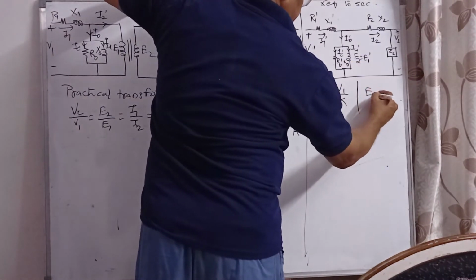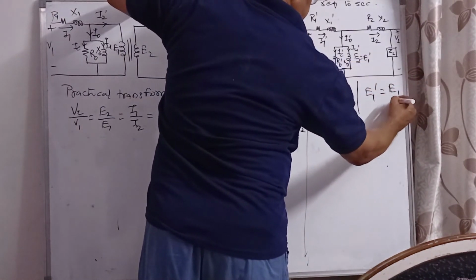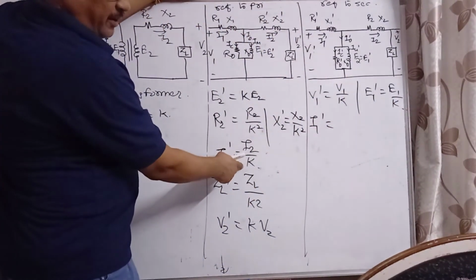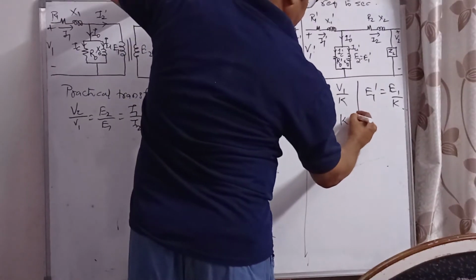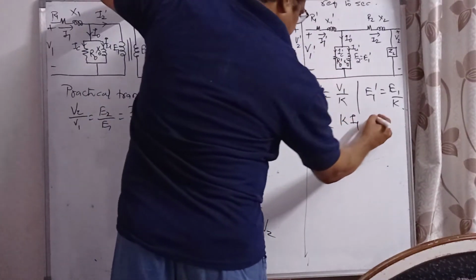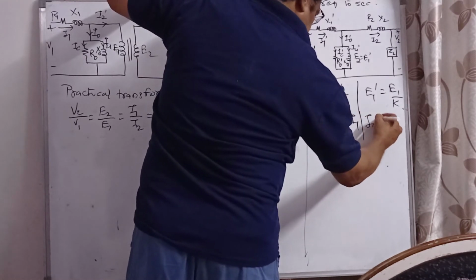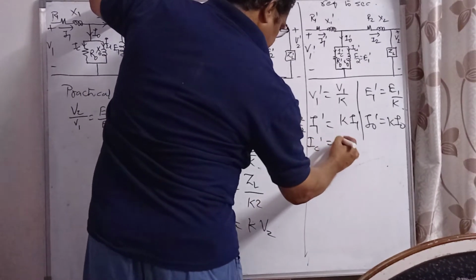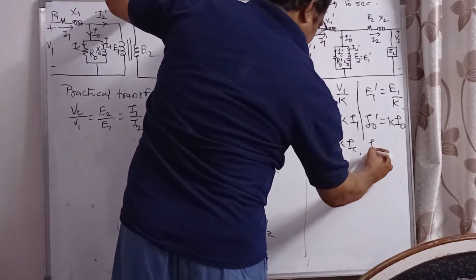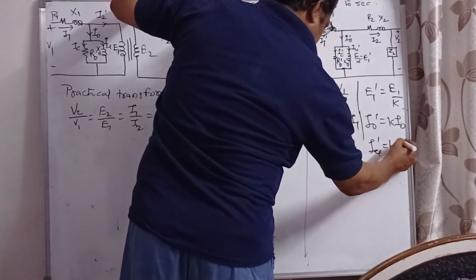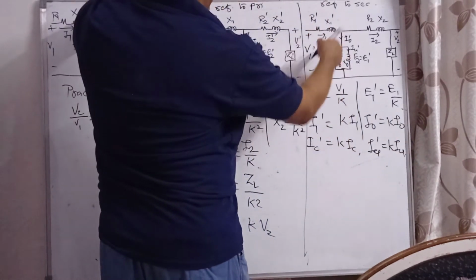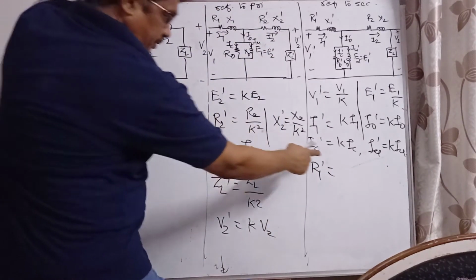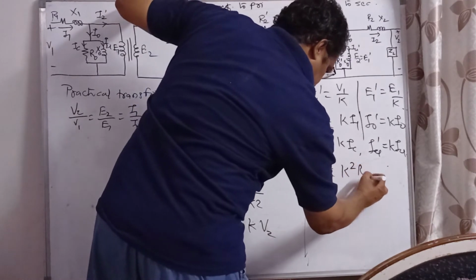E1 dash, E1 upon K. Now current, I1 dash, here current is divided by K, here current will be multiplied by K, K I1. I0 dash, K I0. IC dash, K IC. I mu dash, K I mu. All currents are multiplied by K. R1 dash, here it is divided by K square, it will be multiplied by K square. X1 dash,